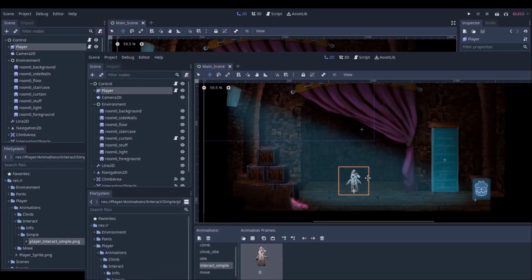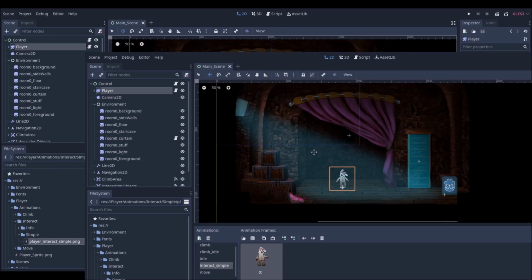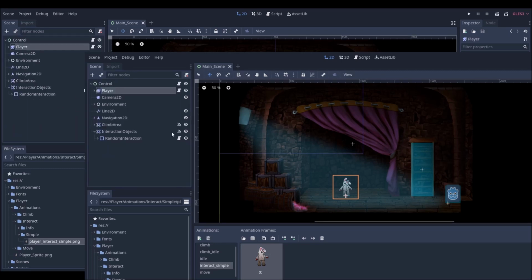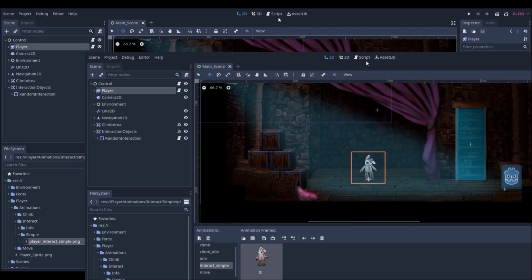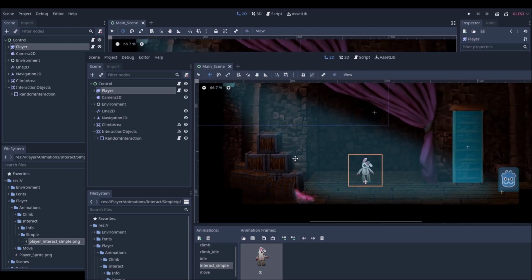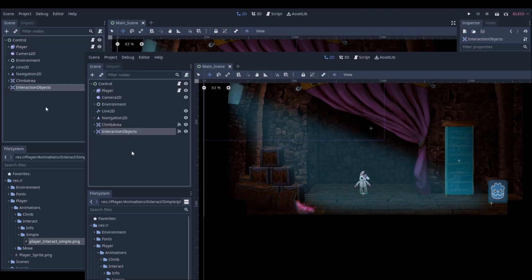So that's fine for a very simple interaction where my player just does an animation and the interaction object responds to that. But what if things get more complicated? What if, when my player goes to the interaction, I want to pop up a UI element which will display some text and give me some information about the object. To do that, I'm going to create a very general script that will cover all these cases where I just want to display some information. I will show you how to do that, but first I'm going to create this UI element